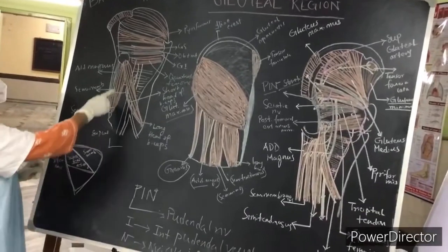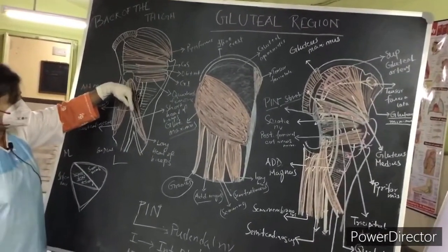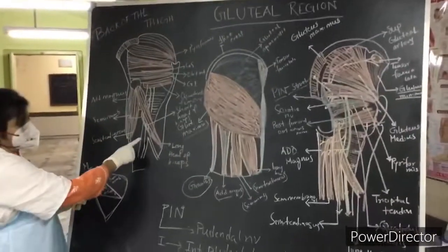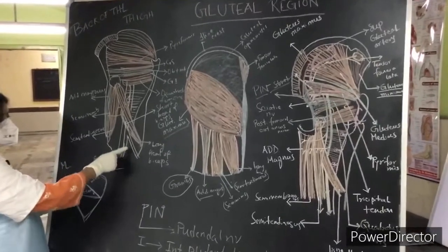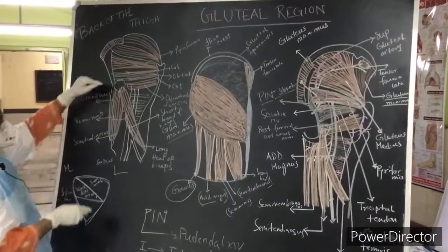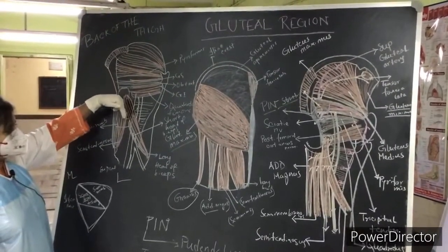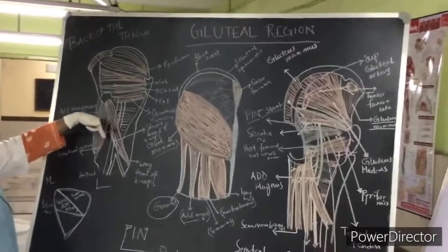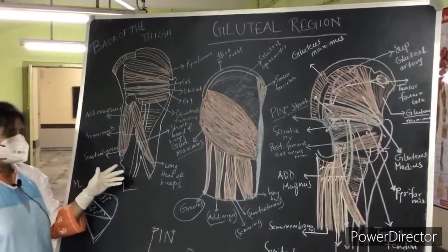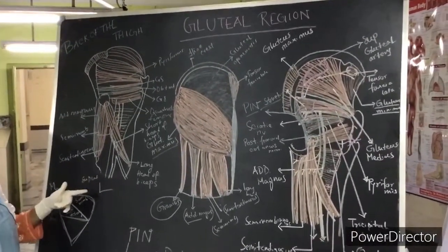Now what are the other structures? That is the sciatic nerve. It comes downwards from the gluteal region, just deep to the long head of the biceps, and then just above the popliteal fossa divides into the tibial component and the common peroneal component. Another nerve is the posterior femoral cutaneous nerve. It is also coming from the gluteal region. It goes superficial to the long head of the biceps, and ultimately in the popliteal fossa region it pierces the deep fascia, comes to the superficial fascia and connects with the sural nerve.